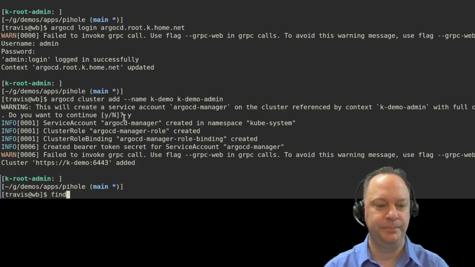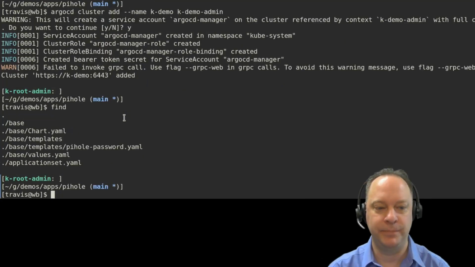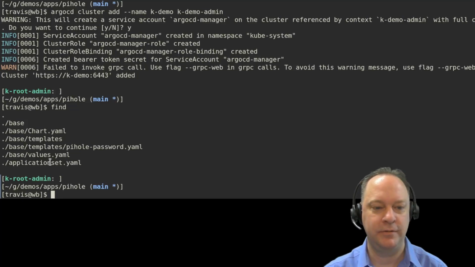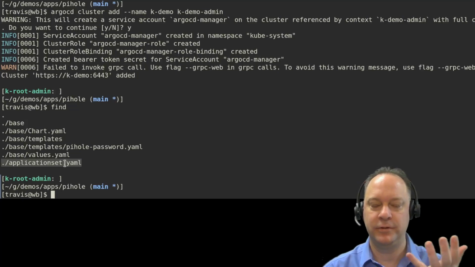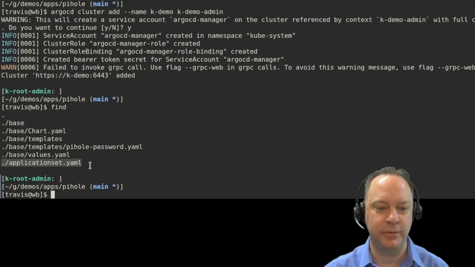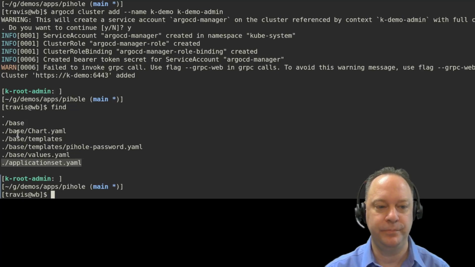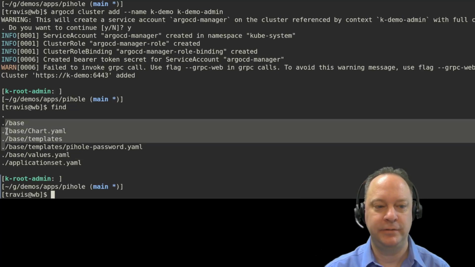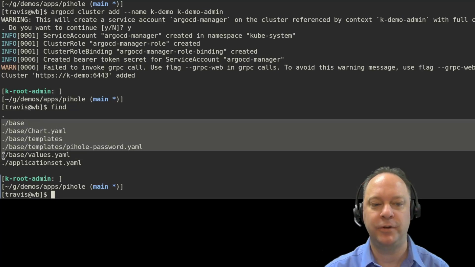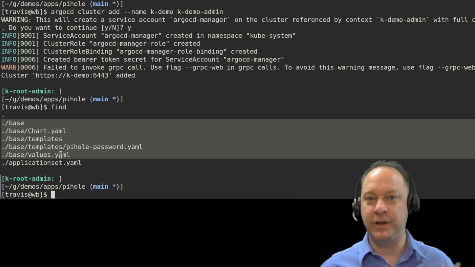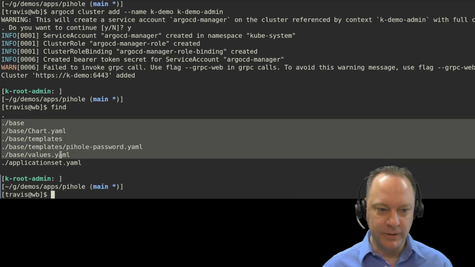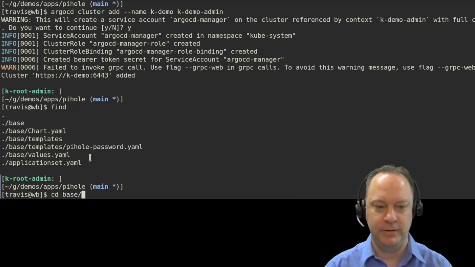All right, and then right now we are in our Git repo. So in our Git repo, we've got this basic format, right? So at the root, we have an application set. That's a concept, a kind of Kubernetes object that Argo CD works with. And that defines the application that we're deploying out. And then here under base, we have a Helm chart. And this is a Helm chart that we've created. So at the root, if we go into base,